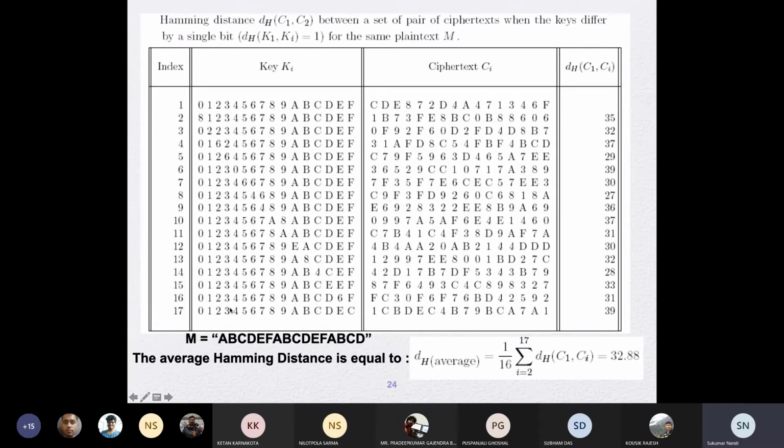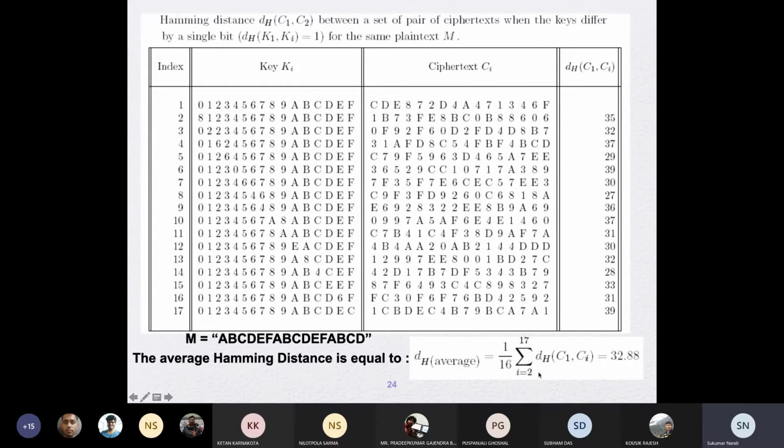So here, assume the ciphertext for all keys A, B, C, D, E, F like this, and assume this plaintext. With this plaintext and the first key entry, we get the ciphertext in the second column, first entry. With the same plaintext and a different key, differing by 1 bit, the difference in the ciphertext is shown here in the last column.